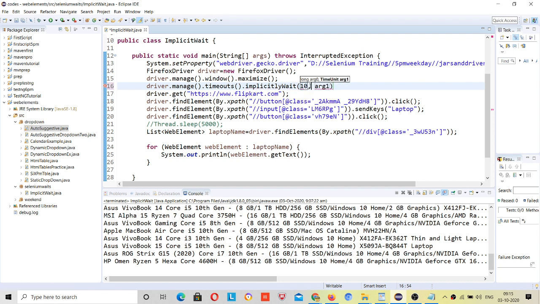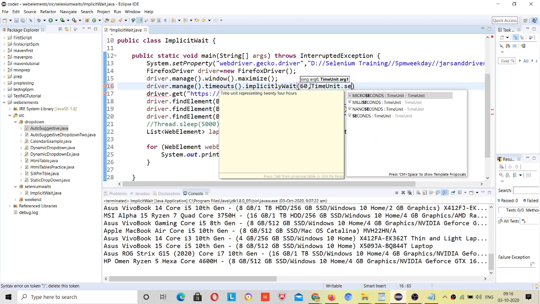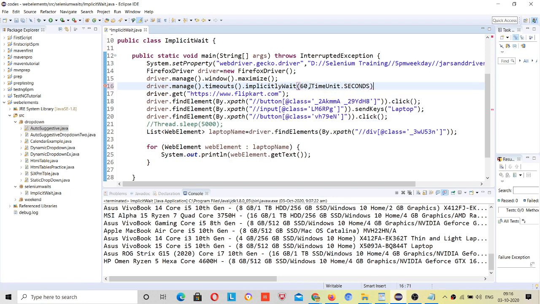So I have given 10 seconds of wait here, and suppose I give 50 seconds, 60 seconds of wait here, and I will use TimeUnit.SECONDS. If I was giving this 60 seconds, then this whole script was waiting for 60 seconds, right? With thread.sleep, if I was giving. But with implicit wait, if the data is loaded in milliseconds, then this will not wait for the whole 60 seconds.